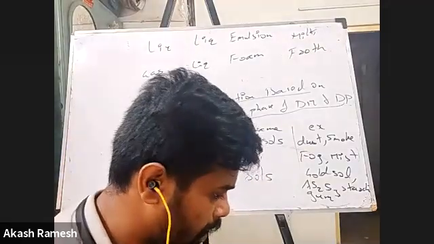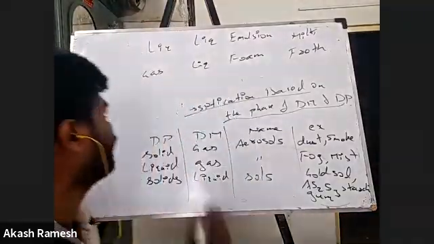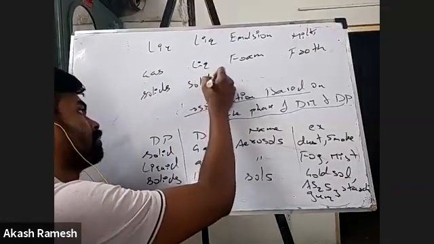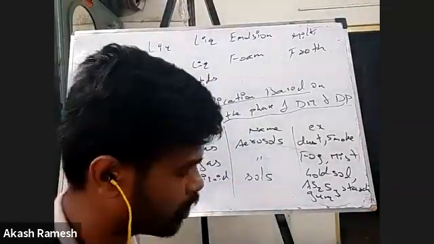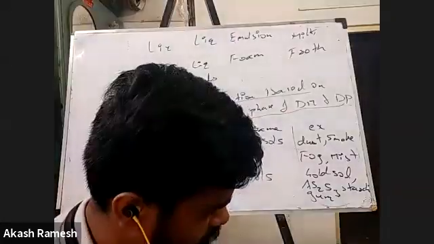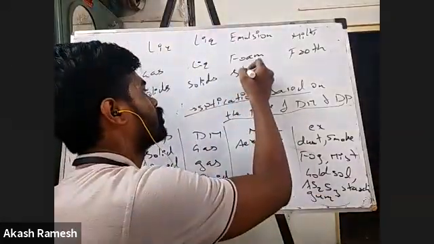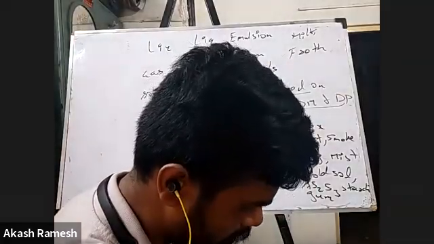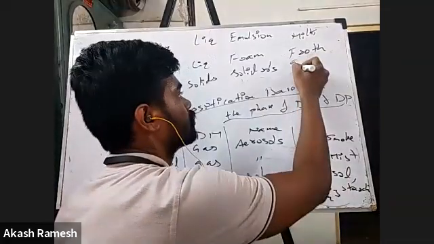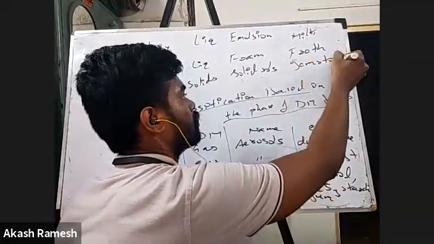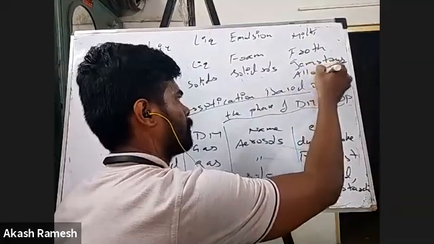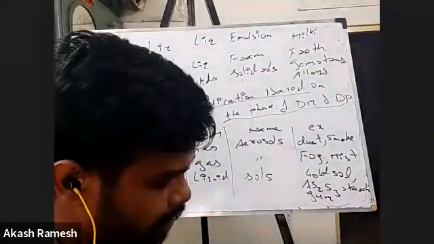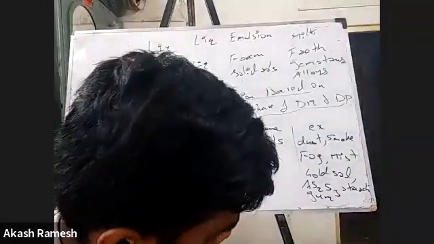Okay, fine. Next, when I have solids in solids, right? I have solids in solids. So it's very simple. It's going to be called solid sols, right? And the examples would be gemstones, some alloys also to some extent, right? Gemstones, alloys, all these can be examples, right? And then